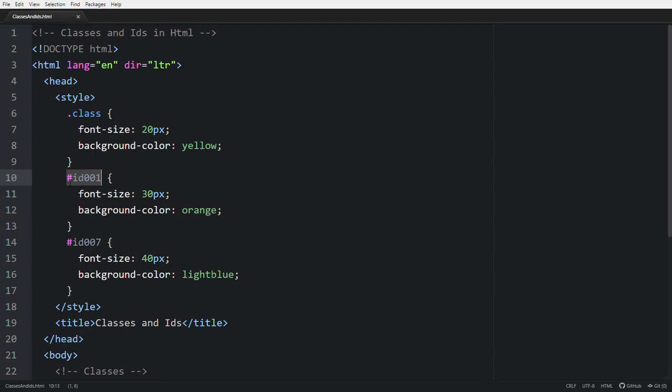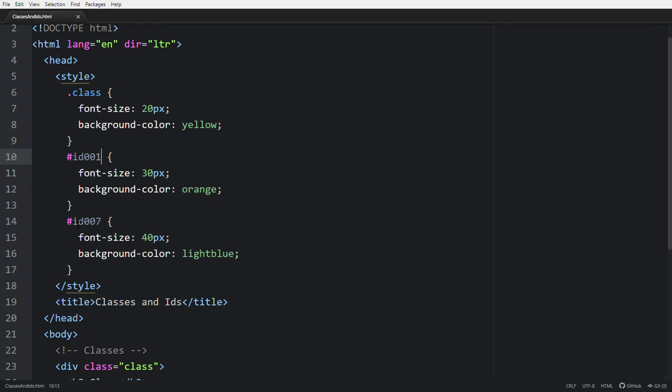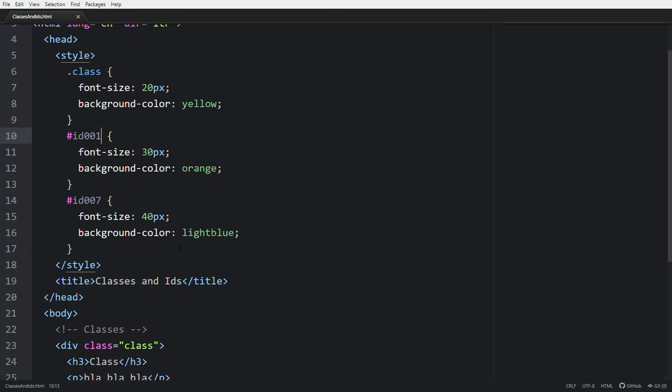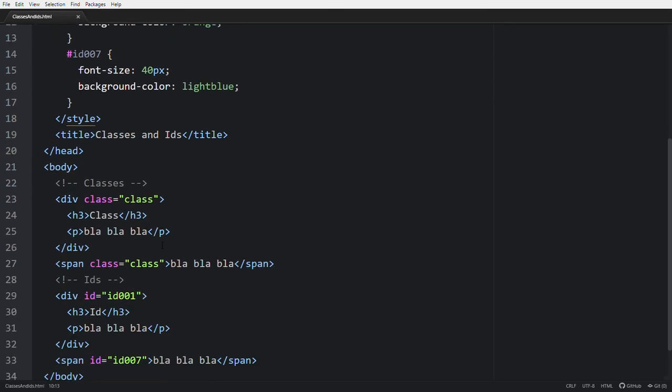For the IDs, using hash ID 001 to make a change on those elements, font size is 30 pixel, background color is orange. Comes to the second ID, hash ID 007. This font size is 40 pixel, background color is light blue. These are the effects.